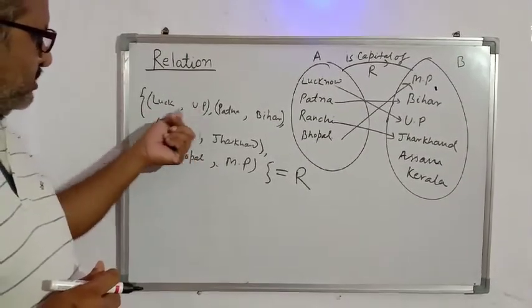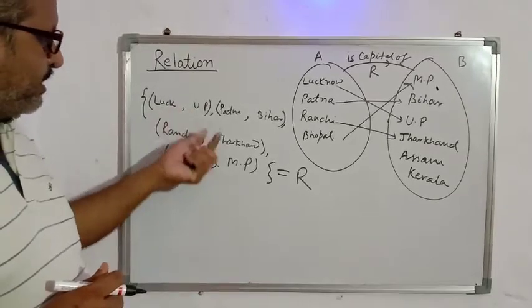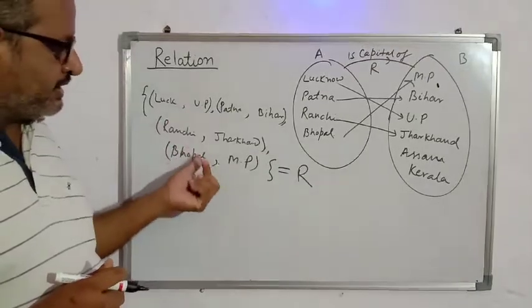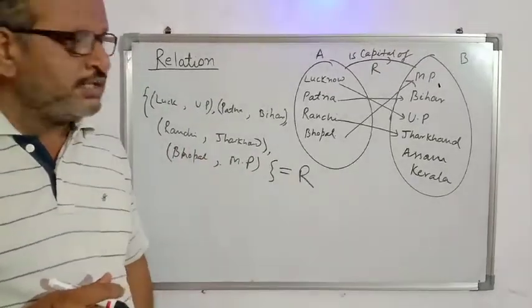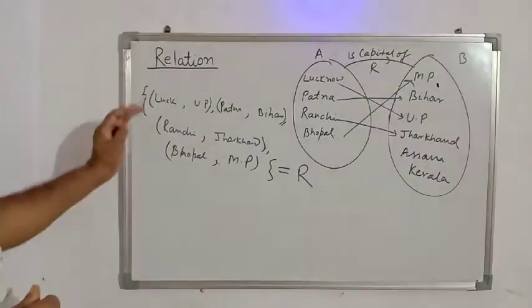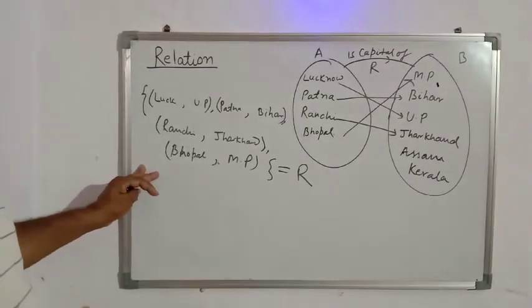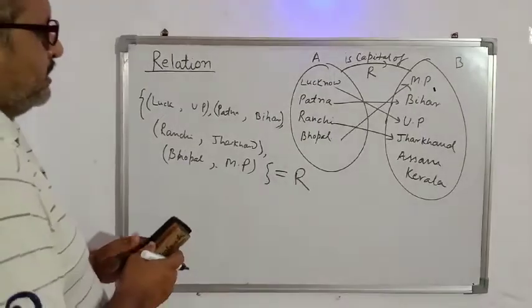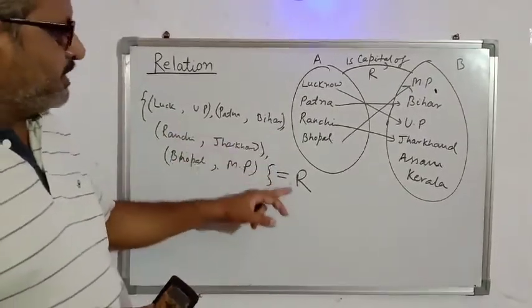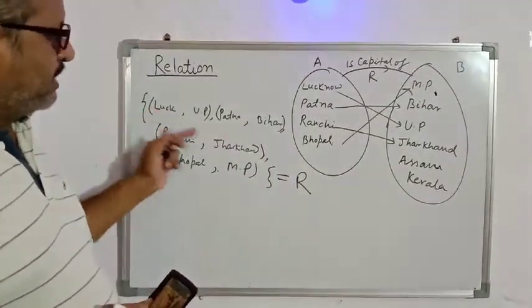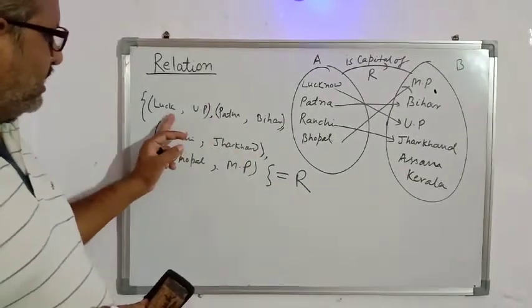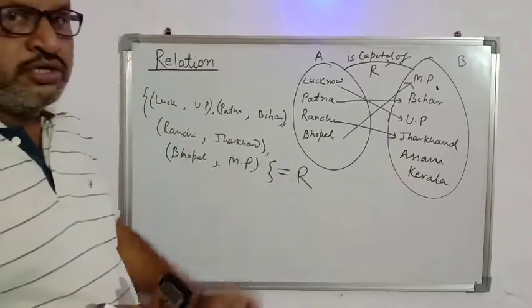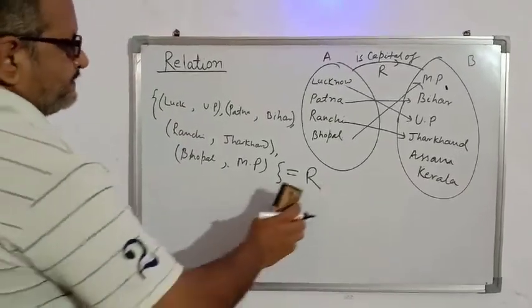Write both the terms which are related as an ordered pair and write all the ordered pairs in the curly bracket, means make it a set. This set is called the relation set. So this is the meaning of relation. I will take one more example to make you understand. This is the roster form of the relation. I have represented the relation set as ordered pairs in curly brackets, so it is called the roster form of the relation.